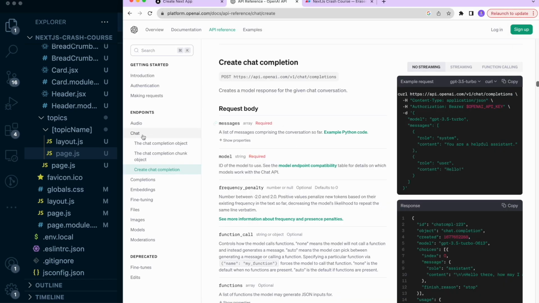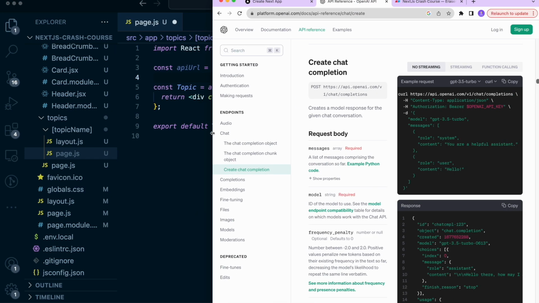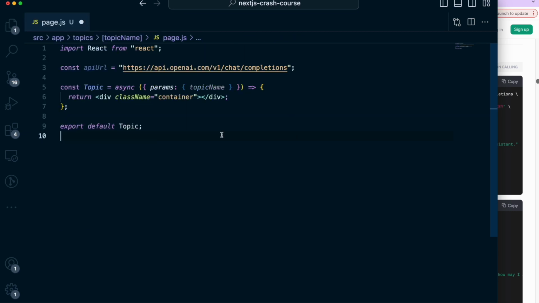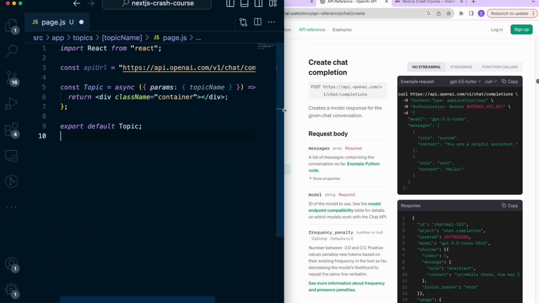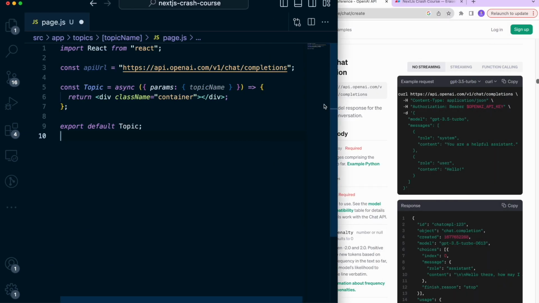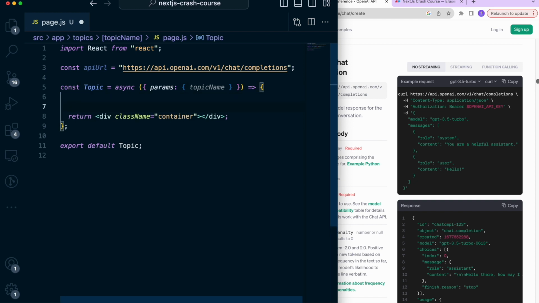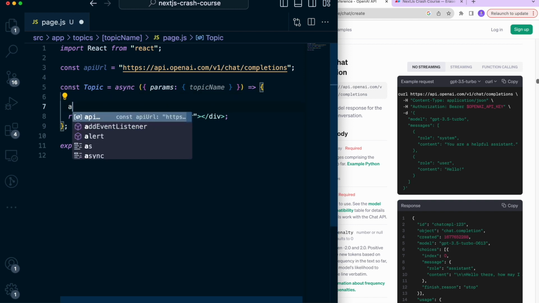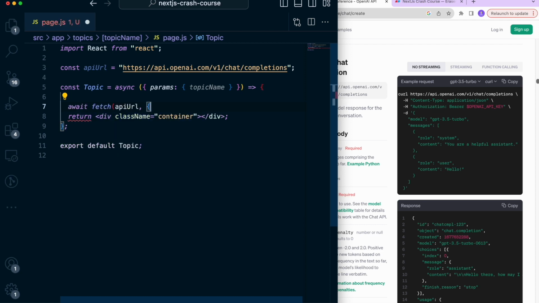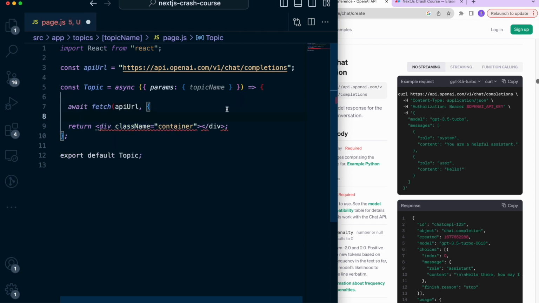And what else? This gives us information. We're going to fetch this using the fetch API, which also extends to server components. So we will do await fetch API URL, and then inside here we pass